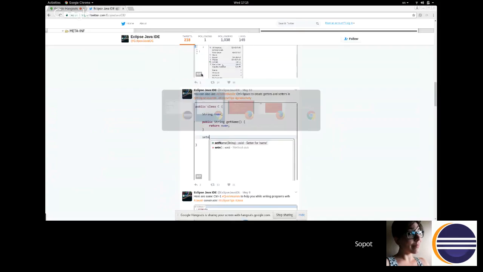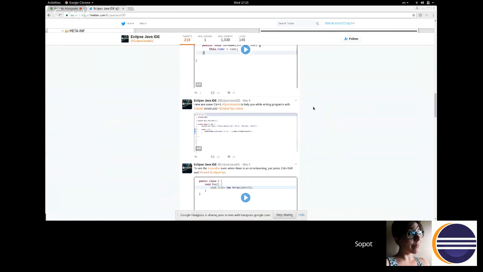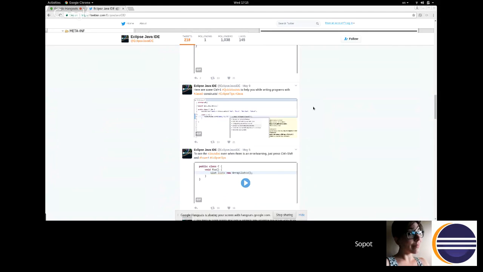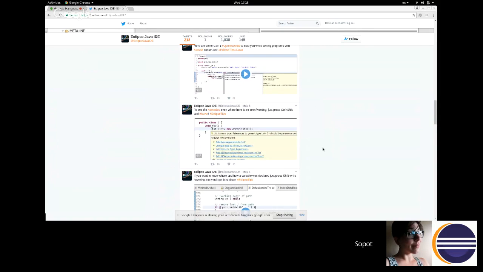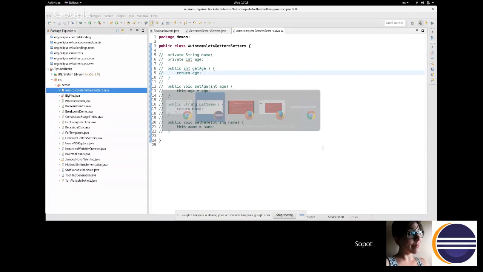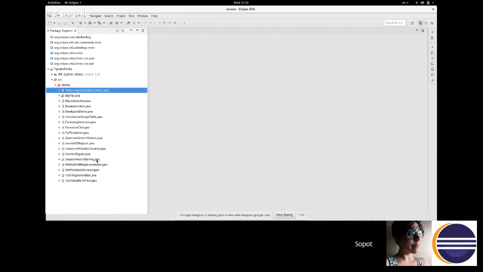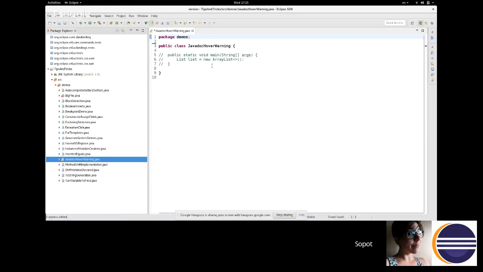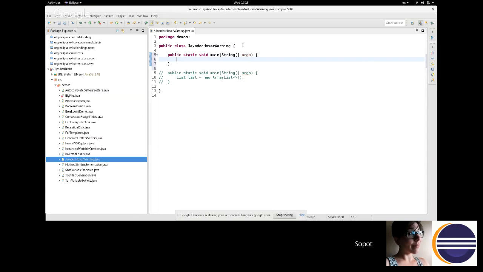I'll go on with the next tip. I'll skip this one. The javadoc. This is really nice. The javadoc one is something I didn't know myself until some time ago, and Nopur from IBM showed this to me. The javadoc hover warning. So the scenario here is really simple. Again, suppose you have a method, your own very famous main method, and you have this line